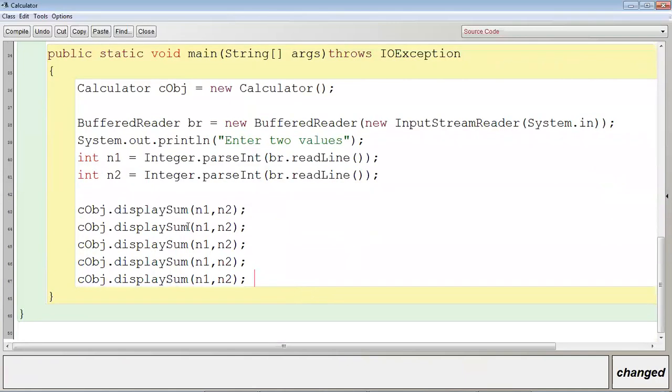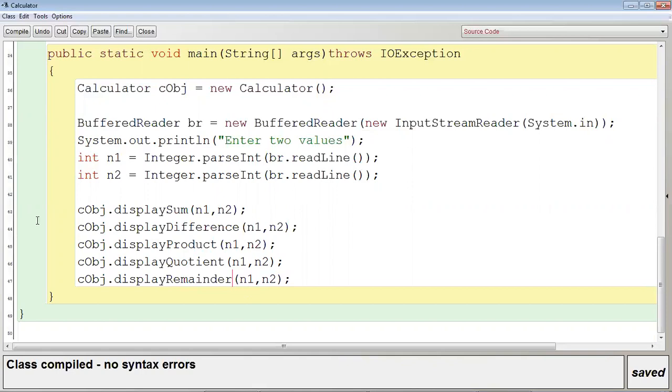Then let me change the name of the method: display difference, display product, display quotient, display remainder. There should not be any spelling mistake, so please check that. Ctrl K, no syntax error.